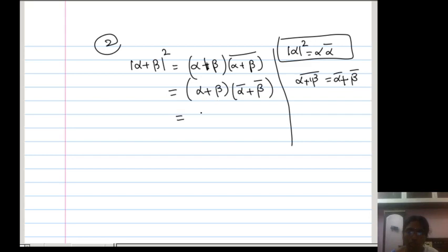Next I want to multiply this. Okay, simplification: αᾱ, αβ̄, βᾱ, ββ̄. So α into ᾱ, αβ̄, βᾱ, ββ̄. Now what I am writing here, αᾱ plus ββ̄. Okay, I am writing this here. Same thing I have written. Next, αβ̄ plus